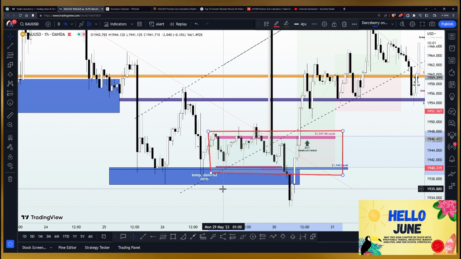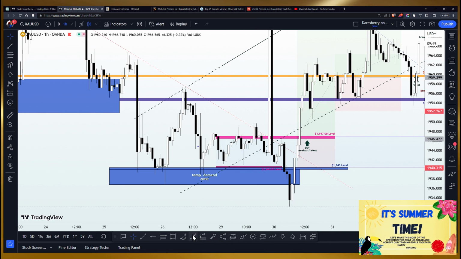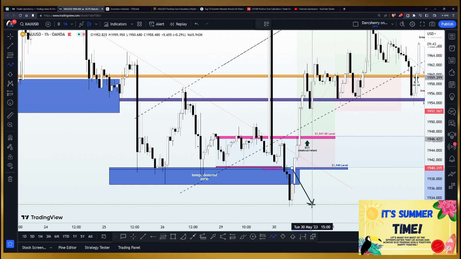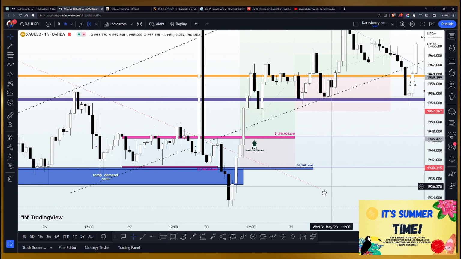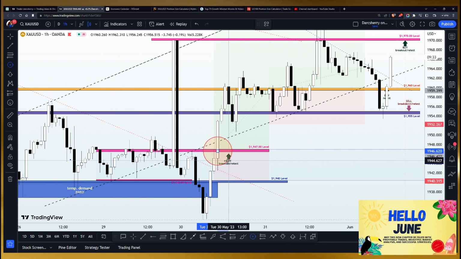And you know how we do it from a technical standpoint. Whenever we have this kind of simple flat channel, we want to wait patiently for structures to mature. What we will be looking out for is either a breakout of the resistance line to give us an opportunity to buy, or a breakdown of the support line to give us an opportunity to sell. With what we had here on Tuesday, we had our first buy position when price action took our buy stop order above the 1947, and since then we have been buying the XAUUSD in this market.